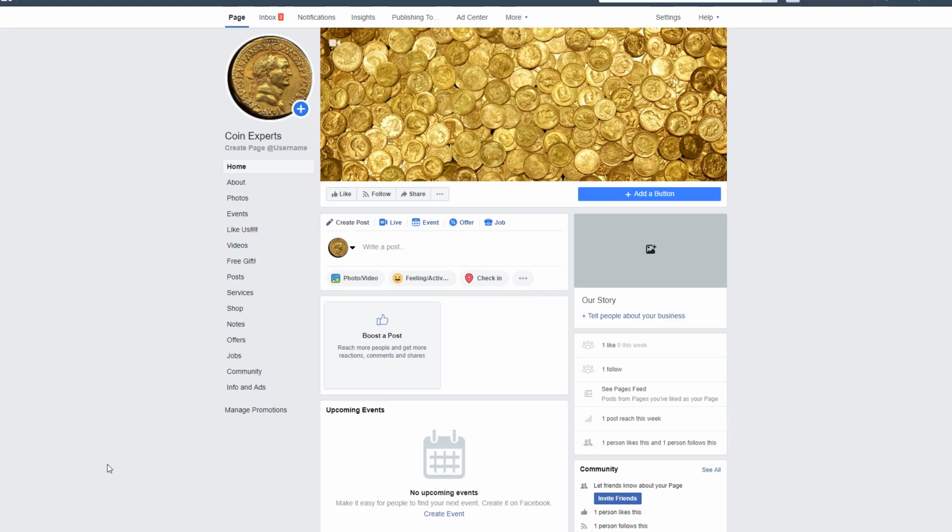So when people see the ad and they look at the profile image and the name of the author of the ad, it's going to be your Facebook page. In this case, if we were to put out some paid ads, it would be Coin Experts that people would be seeing in those paid ads. So your paid advertising is anchored to your page, and therefore the page has to at least exist, even if you don't have any content on it.